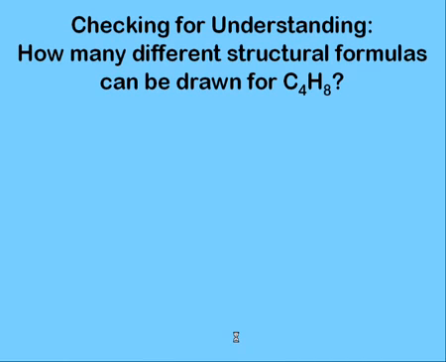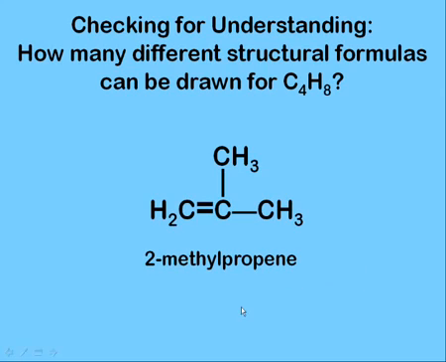Well, instead of having 4 carbons in a row, you could have 3 carbons in a row with a double bond, and this would be the molecule that you come up with. It's called propene when we have 3 carbons in a row and we have a double bond. Now I have to put a branch on the carbon chain, and this particular branch, CH3, is known as a